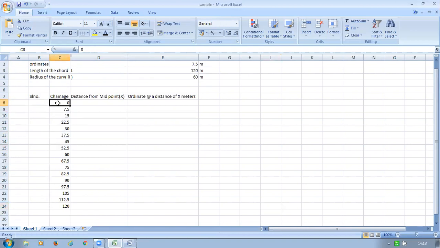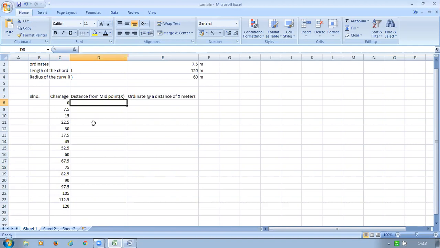Previous mod, previous cell. Just click on the equal. Okay, equal plus previous cell plus 7.5. You just check out the formula, what has been input for the next cell. It was in the C9, means what? Previous cell 9. This one, C9 plus 7.5. This is how we will work in an Excel sheet. Okay, you don't need to add and you have to write them.